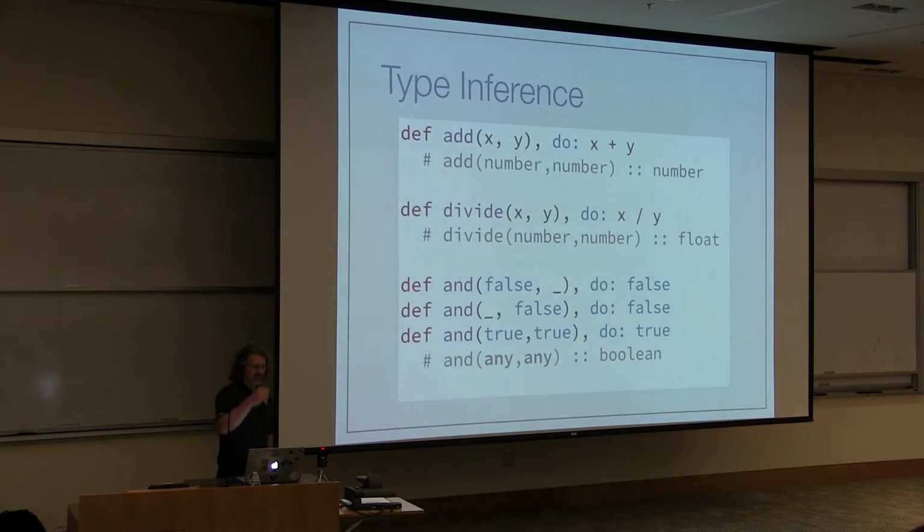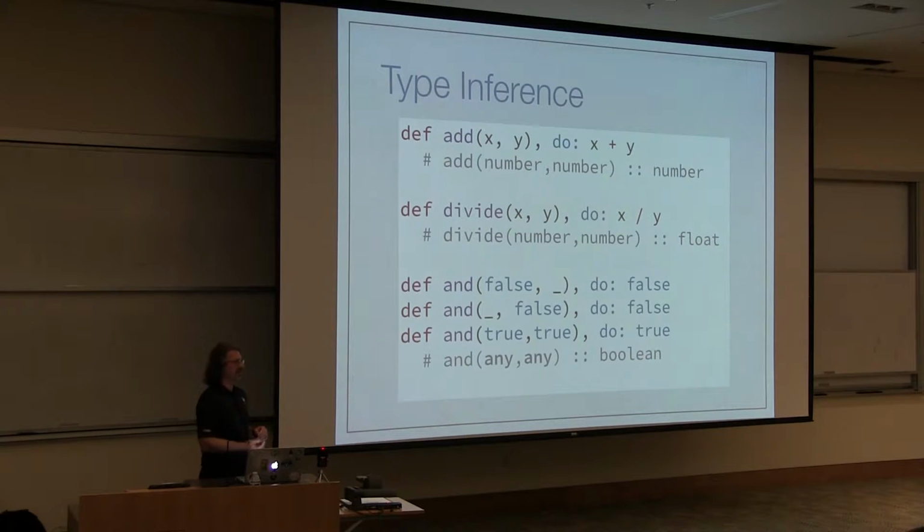So, the first one I want to look at is how the type inference system works for Dialyzer. I mentioned you can put type specifications on your functions, but even if you don't, it's going to try its best to infer the types of your functions and variables that you use. So let's take a look at how that works. This first function we see here at the top is a simple add function. It takes in an x and a y as arguments, and in the body of the function simply adds those two together using the plus operator. Now in Erlang, the plus operator is defined to work only on numbers. It doesn't do string concatenation or anything like that. There's no operator overloading. So we know that the plus symbol means take two numbers and add them together.